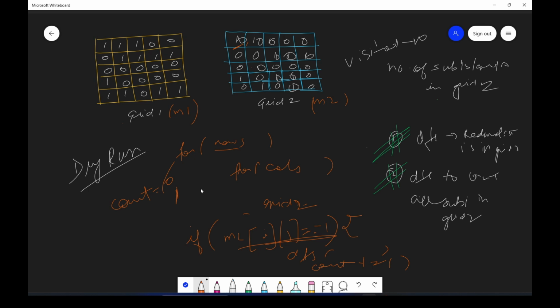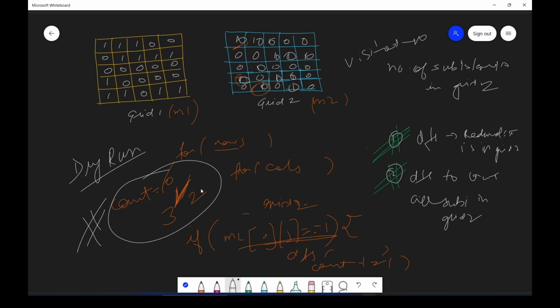Now you go again, you find another one. So you will increment the count and mark this as 0. Then you go further, you encounter another one, you increment the count and mark this as 0. So you have marked all the ones as 0 and you have found the number of sub-islands.